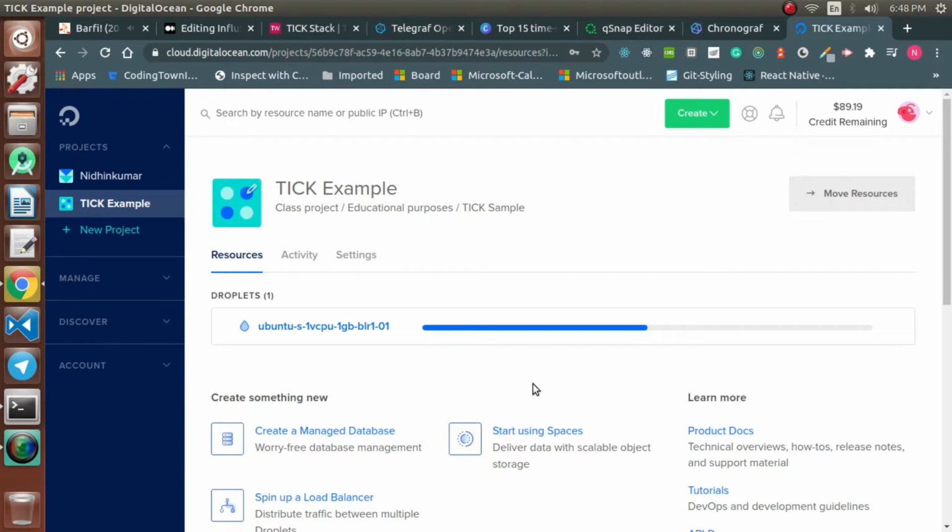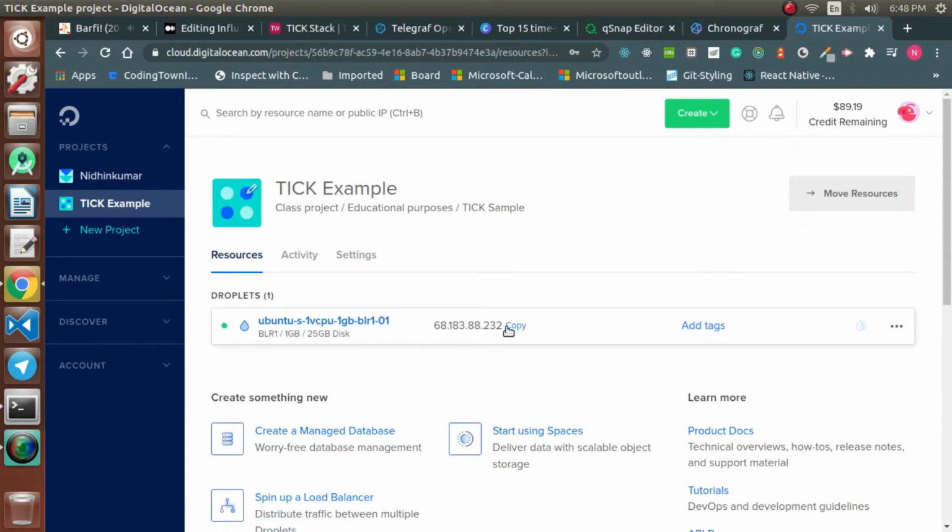For that, we'll wait until this droplet is created. Now the droplet has been created.